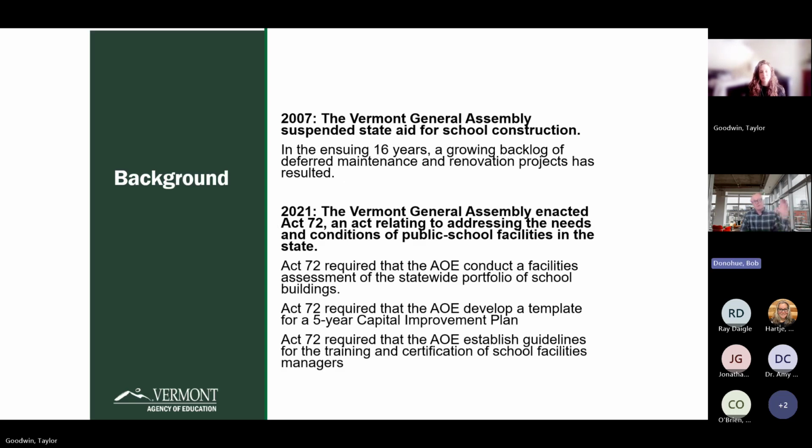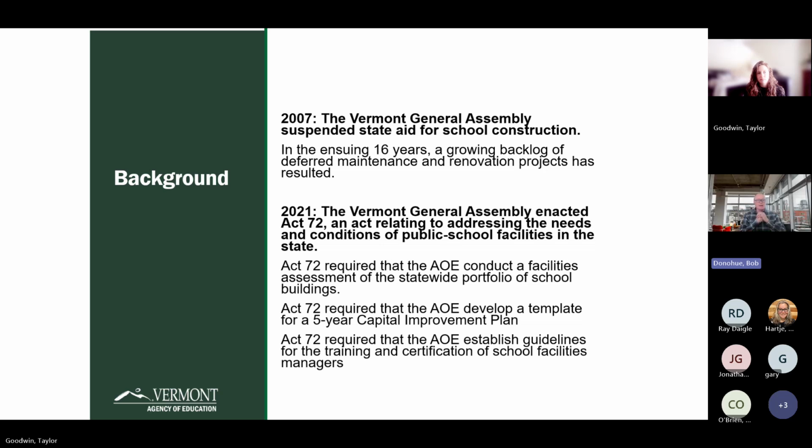So just a brief summary as to what got us to this point. In 2007, the Vermont General Assembly suspended the state aid for school construction program, and it has remained suspended ever since. What that has revealed over time is the general recognition that there's a large accumulation of deferred maintenance issues that permeates all of the schools across the state. Knowing that, in 2021 the legislature enacted Act 72, which was specifically to deal with all things with school facilities